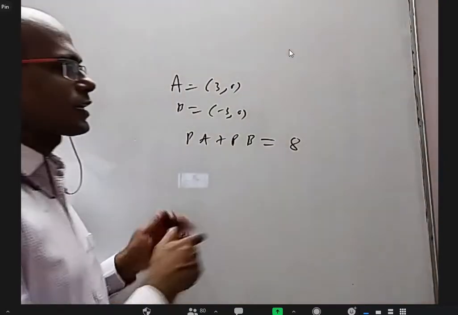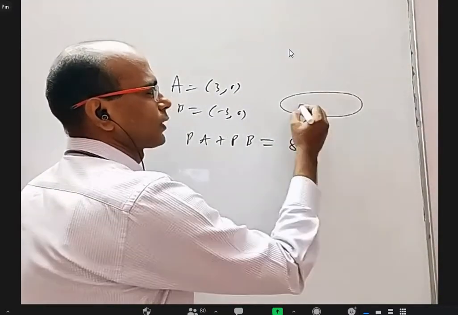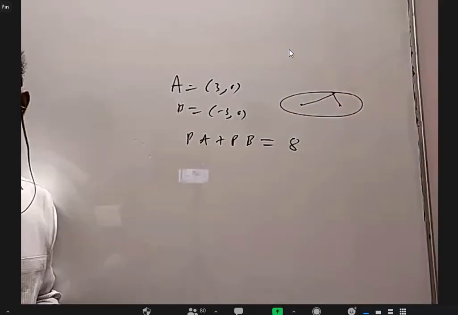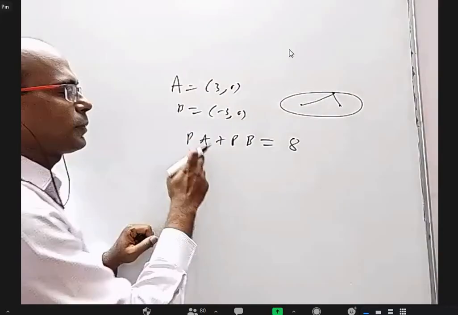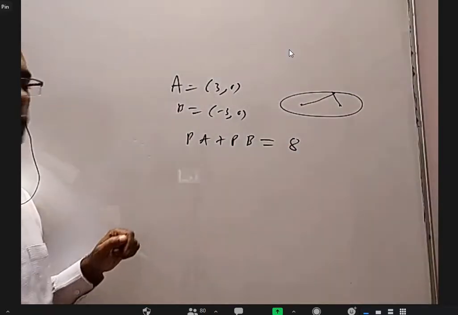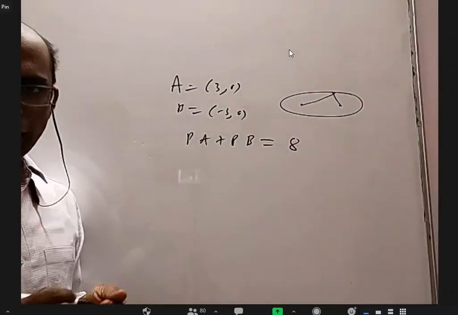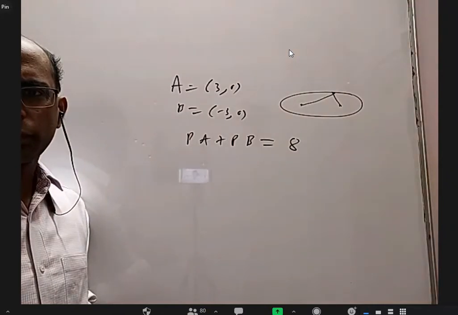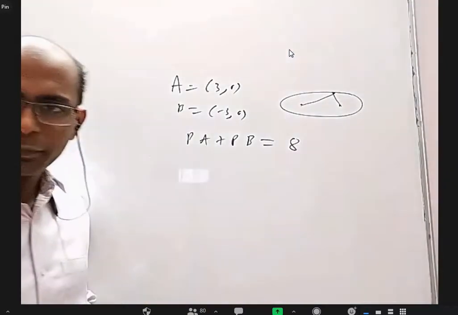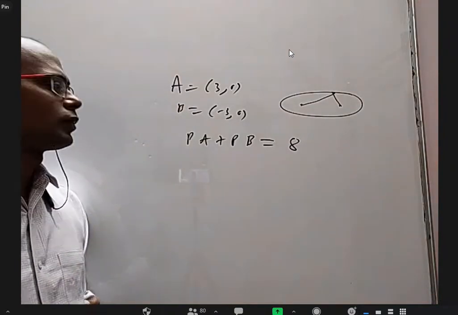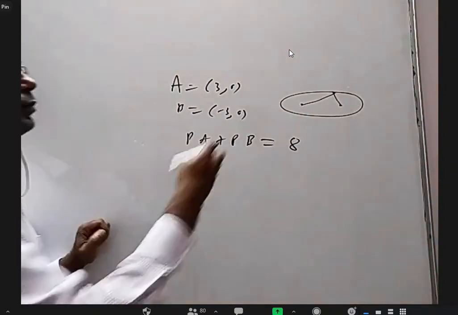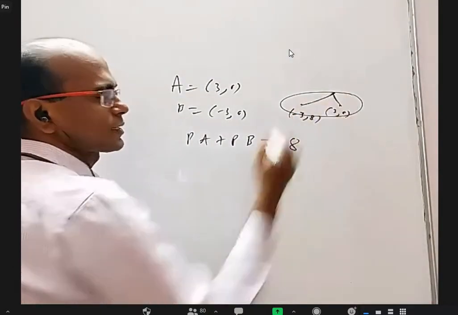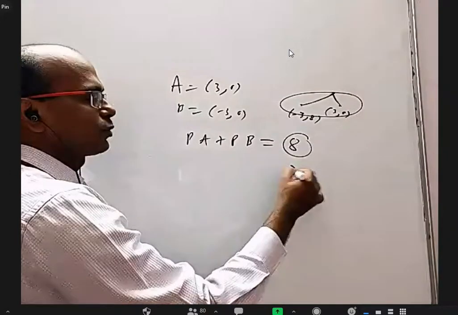We already studied just yesterday that you take an ellipse, take 2 points, the foci, and take any other point. This plus this is a constant, right? So whenever PA plus PB is constant, the locus of P is an ellipse, right? What are points A and B for that ellipse? Foci. And what is this 8? Length of the major axis. So basically this is an ellipse with foci (3, 0) and (-3, 0), and this plus this is 8. That means this 8 will be 2a, right?